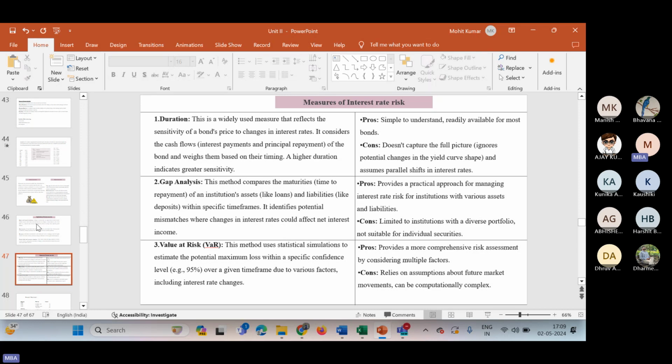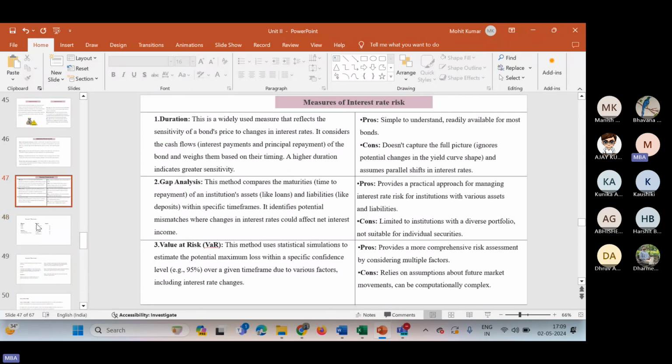One example I discussed was gap analysis, where I said that in gap analysis you generally measure the liabilities along with the assets based on different maturities. Then you see whether the liabilities or the assets are higher, because interest rate risk might be there. Suppose liabilities are more; it means you have to pay more interest if interest rates are rising, and it will be a cost on the balance sheet, especially if you are in the banking sector or a finance company. Similarly, if assets are higher and interest rates go up, it would be beneficial for you